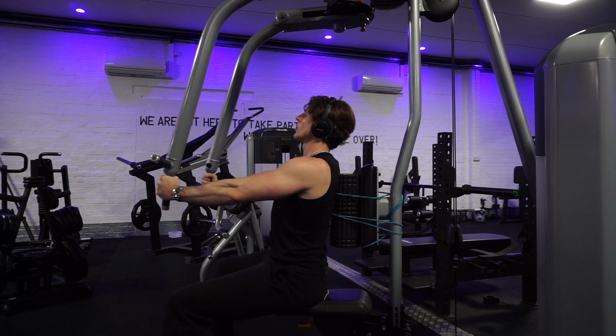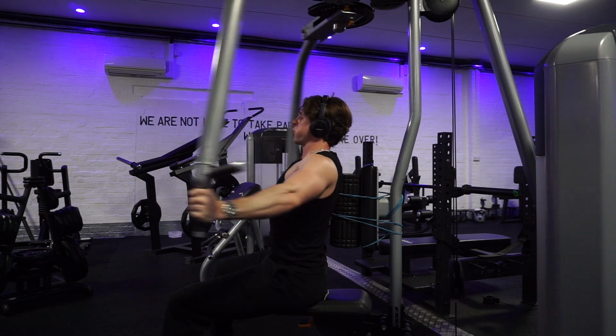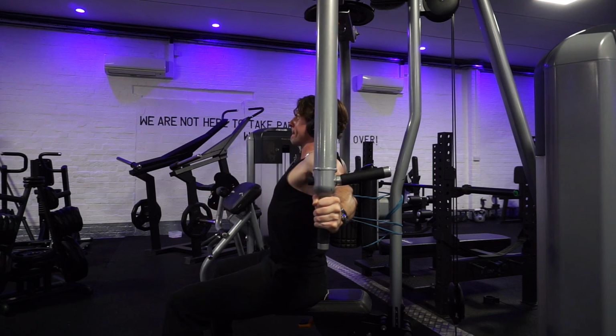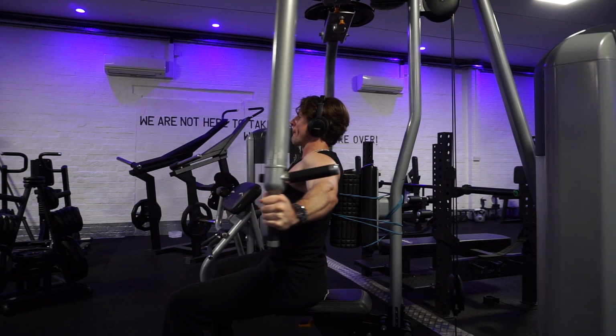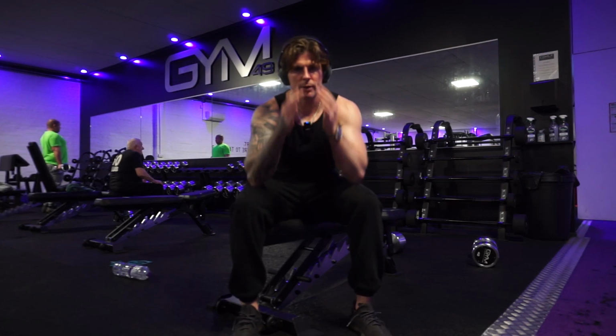Now, if you're wanting to try this, or if you're somebody who's really struggling to develop your chest, I highly recommend using the foam roller on this, because again, it allows you to open up your chest. And a lot of the problems guys have with growing their chests is their shoulders are basically doing all the work because they can't open up their chest enough, whether that be posture related or whatever else it may be, right? Something that I never mentioned about the chest fly, the reason we're starting with that, right, is to pre-exhaust